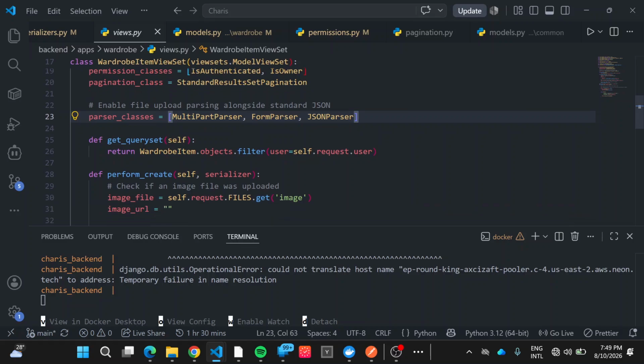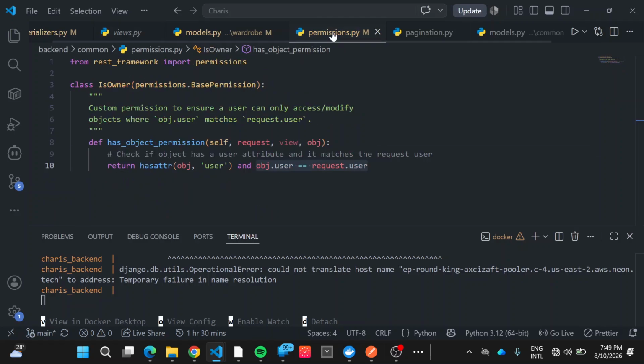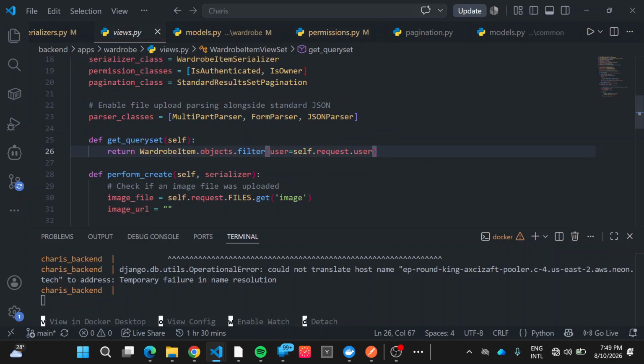So the get_queryset function filters the wardrobe items based on whichever user is logged in, right? So it's basically confirming that the user logged in can only access the wardrobe items that belong to it. So user A can only access its own wardrobe items. So let's say